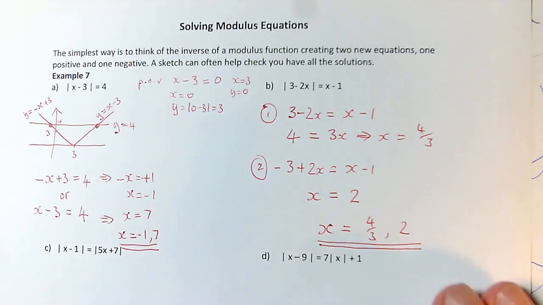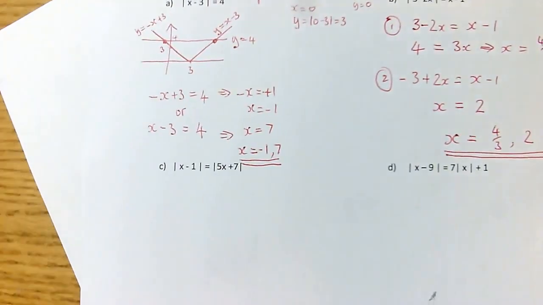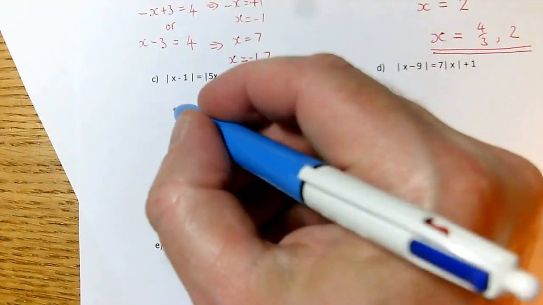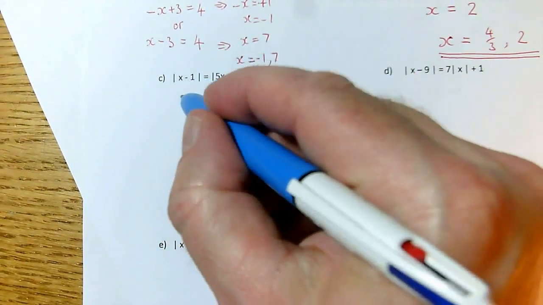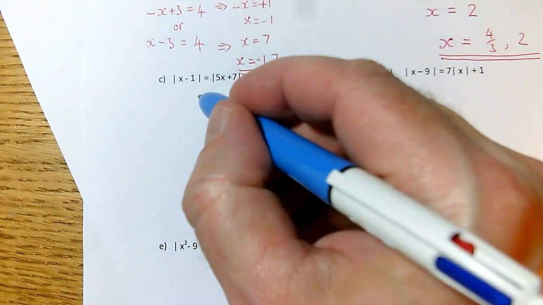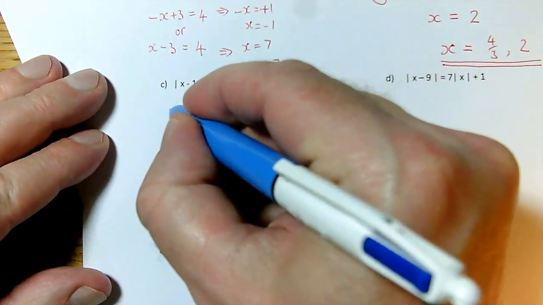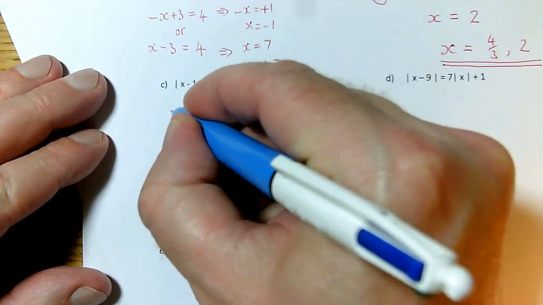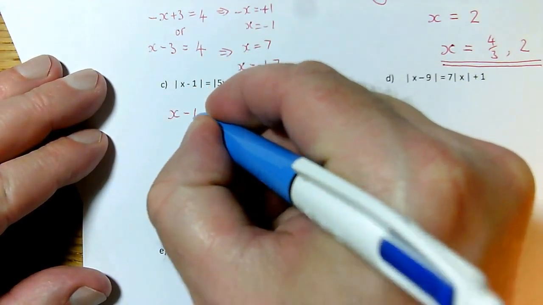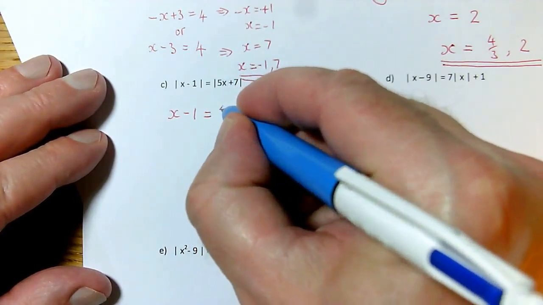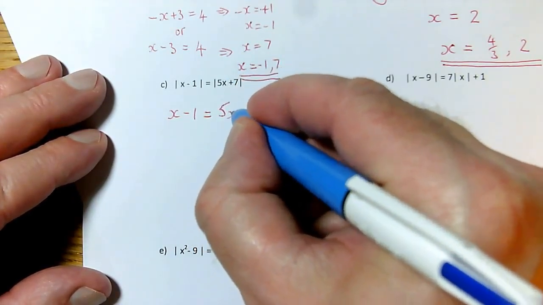Okay, that brings us on to part C. Now if we try that same idea on part C, I've now got two modulus signs, so the first one could have an effect or not. The first one doesn't have an effect, I get x minus 1. But then maybe the second one doesn't have an effect either, so I get x minus 1 equals 5x plus